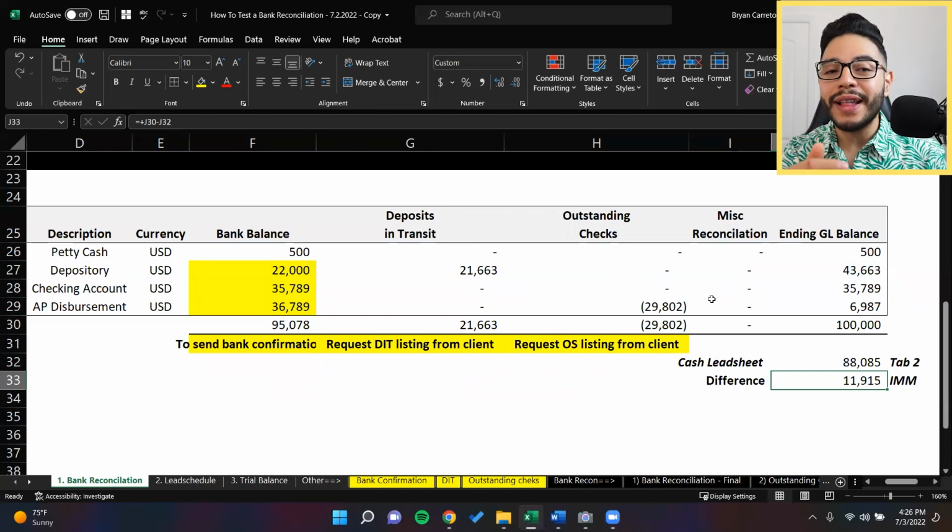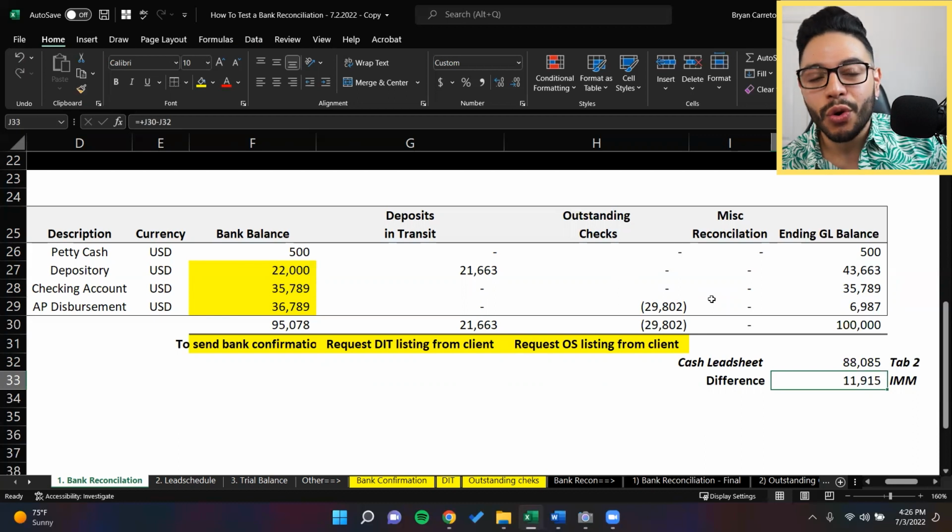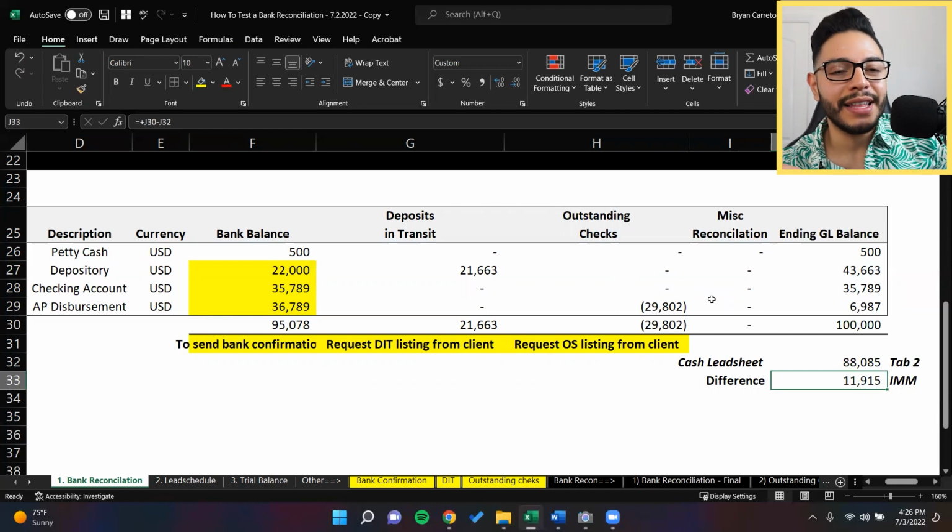So I would right there and then, if it doesn't directly tie, or if the subsidiary ledger or bank rec or AR aging or whatever account balance you're testing doesn't tie directly to the lead sheet or trial balance as your step one, that's when you know right away you need to go talk to your client and let them know, hey, this schedule that you provided, it doesn't even tie to my trial balance. Maybe you need to go back and figure out what's going on or what's wrong with it, because you're essentially